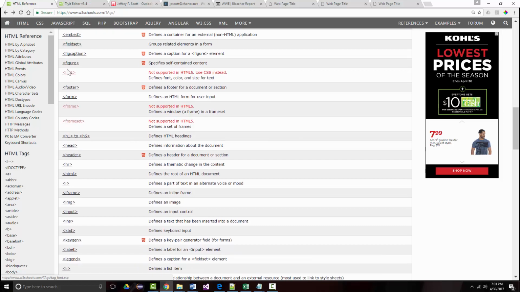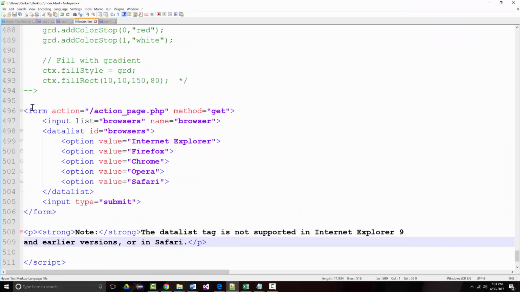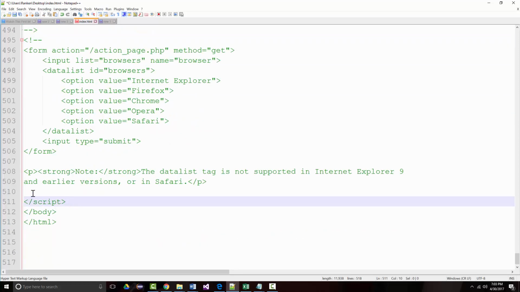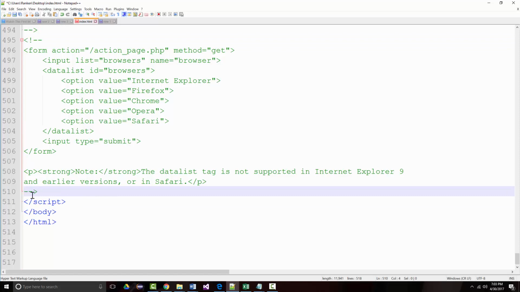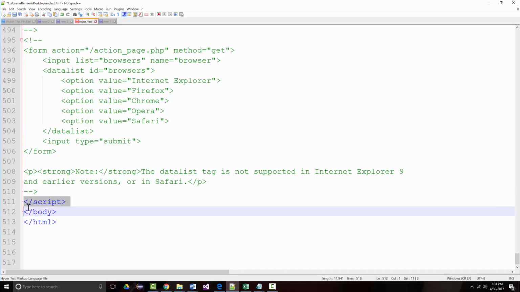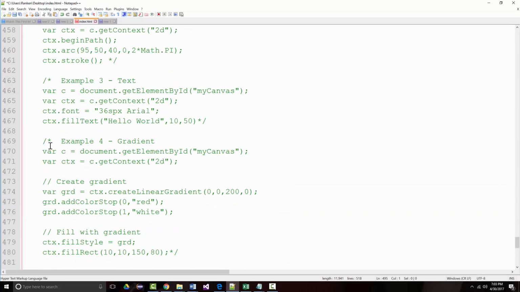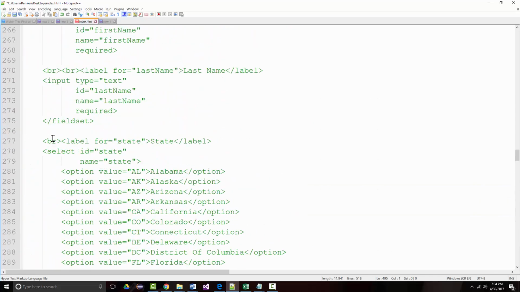All right, I showed you the field set. If you put an image on a page, you can surround that image with figure tags. Let's go back to what we did a long time ago. Let me take this and comment it out. And that script tag, I just want to grab that because it shouldn't be here. It should be there. Okay, but I want to go way back to where we had that image tag